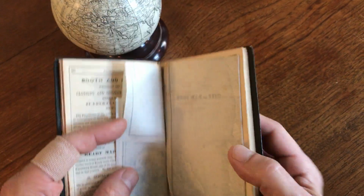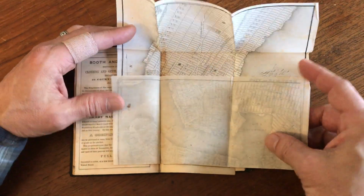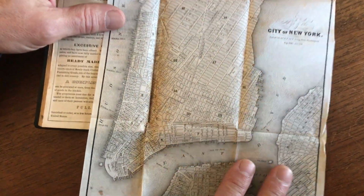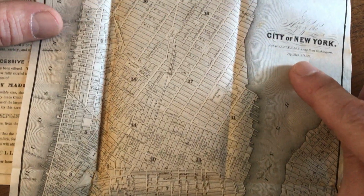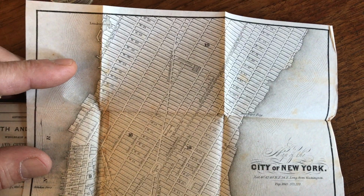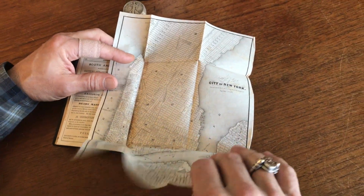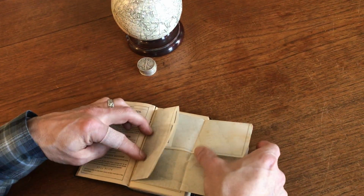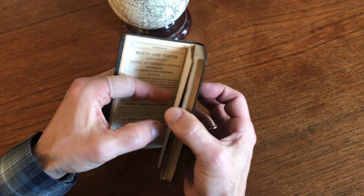followed by this folding lithographed city plan right here, printed on a thin India paper, and it gives the population of the city in 1845 as 371,000 people. We'll fold it right back up like so. Very well preserved, a little bit of toning where the original glue affixed it to the interior near the gutter